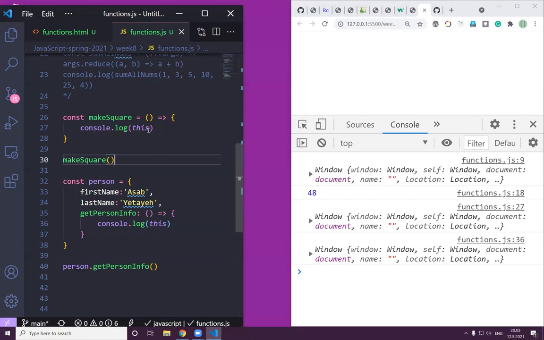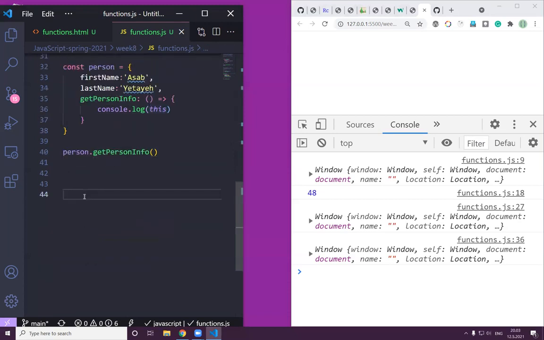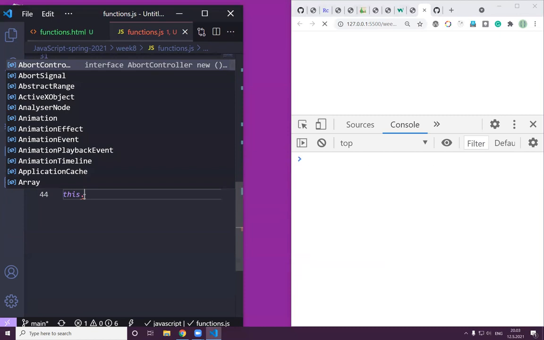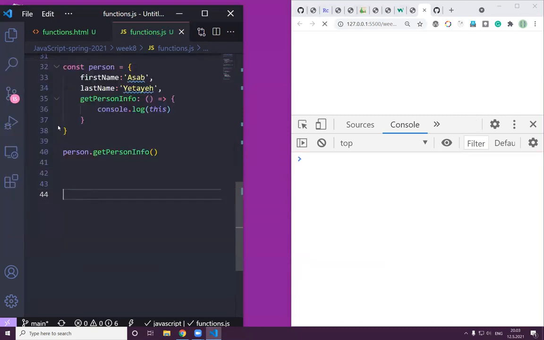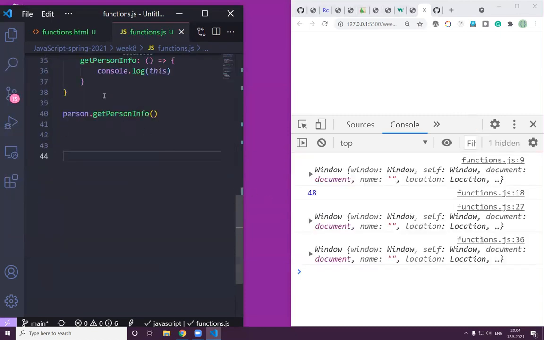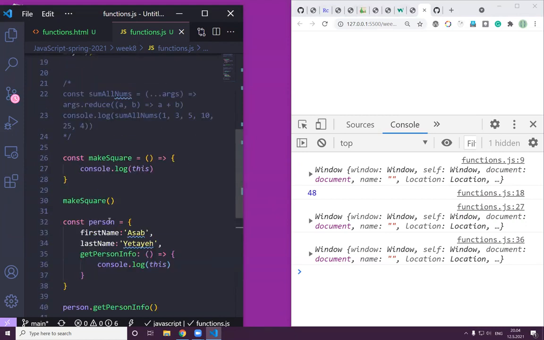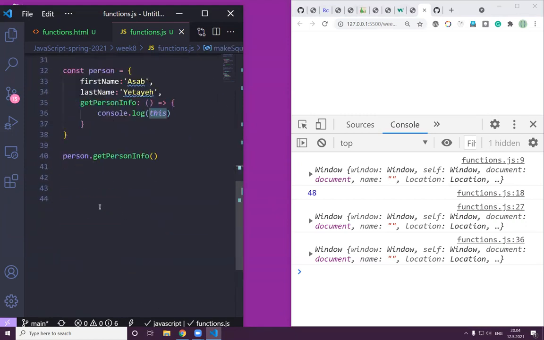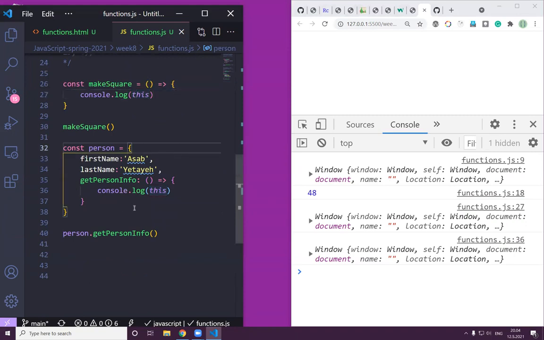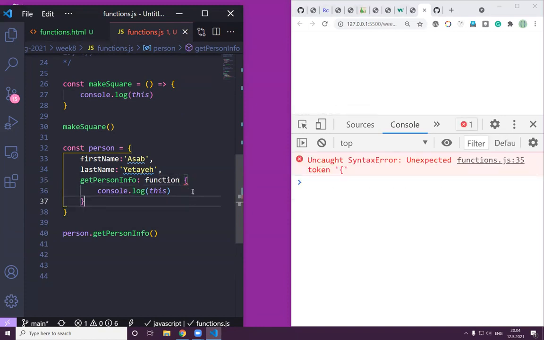And at the same time, you learn the word this. If you write this here, it refers to the window object. The window object means all the objects we are working on in the document. And if you refer here, it gives the same result. But if you write it in an object method, this actually refers to the object, not the window, but this one refers to the